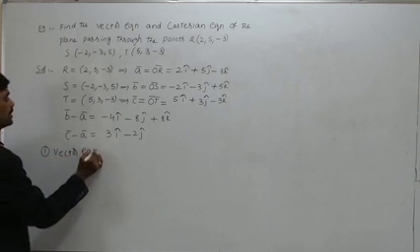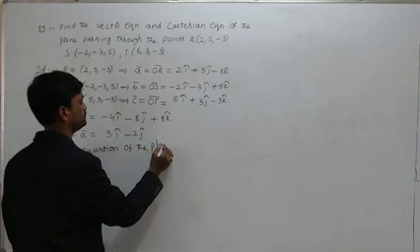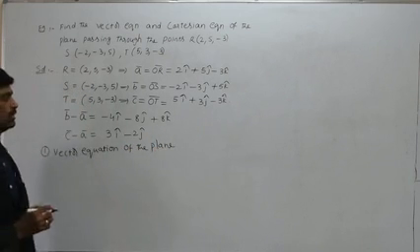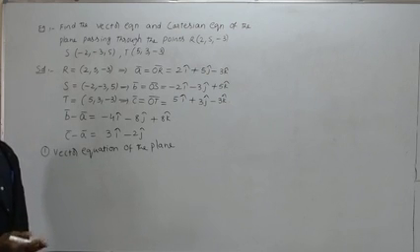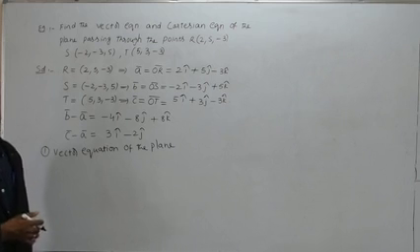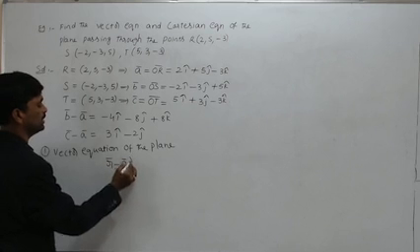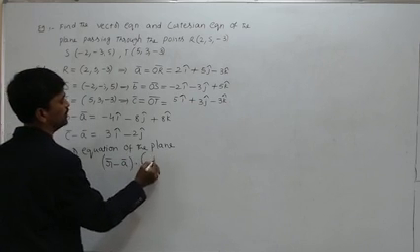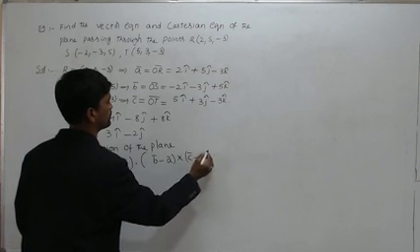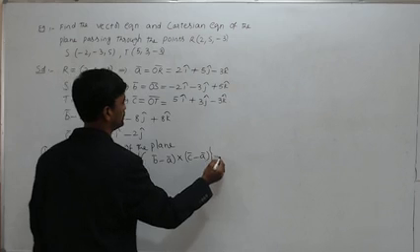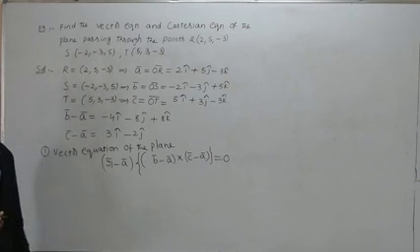So the vector equation of the plane, what is the formula? You can use the box product or you can write the A bar dot B cross C form. In the textbook they have given it as A bar dot B cross C, so I'm using that symbol only. So what is the answer? R bar minus A bar dot B bar minus A bar cross C bar minus A bar is equal to 0. In the textbook they have taken this symbol, so better you take this only. Okay, answer.